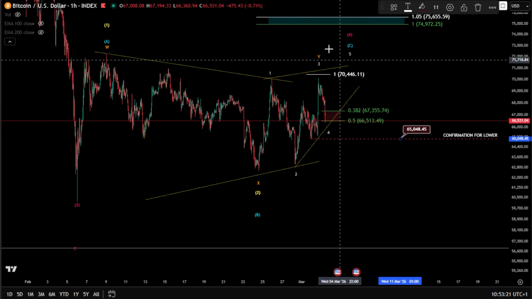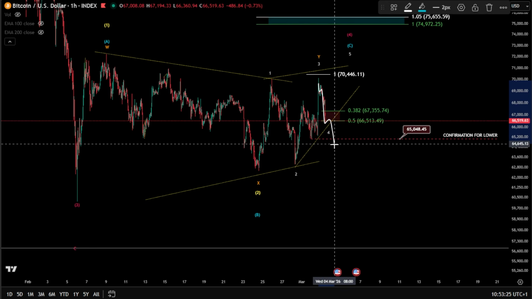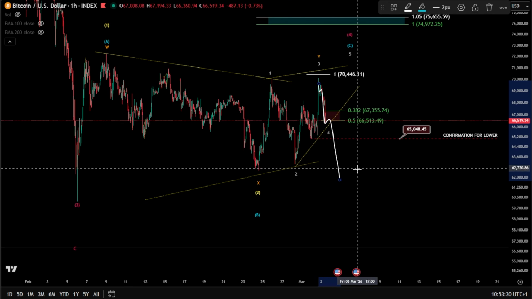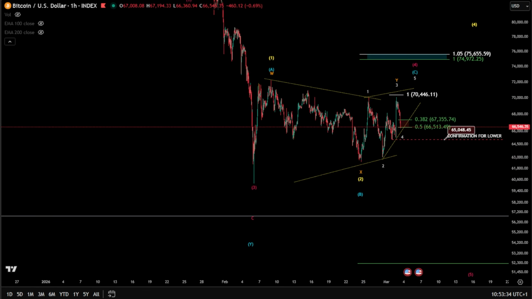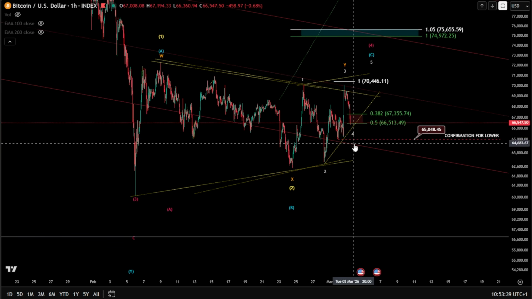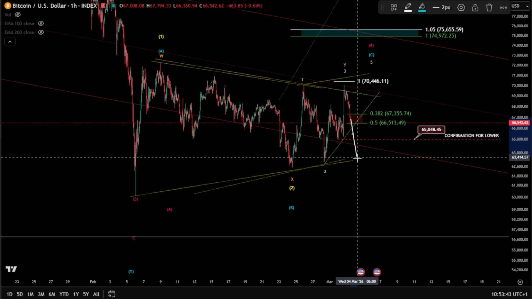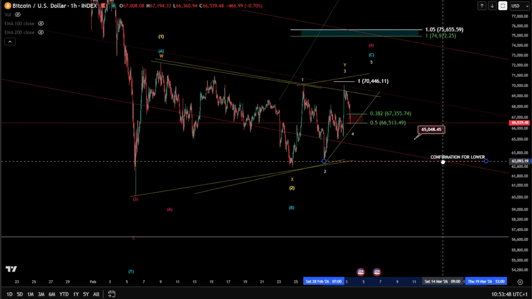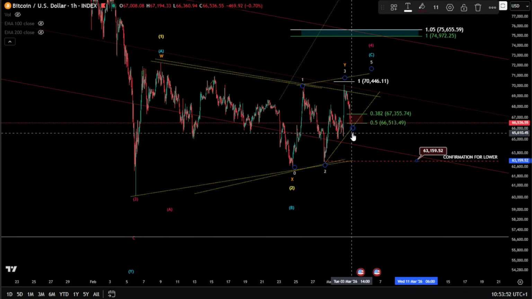If the impulse will continue really downward, 1, 2, 3, 4, and a 5, and continue breaking this confirmation for lower, well, that is, of course, something bearish unfolding toward the downside, especially that this might be in confluence with the channel here, the base channel, if the price moves down and breaks it. Preferably, therefore, just to take this confirmation for lower, definitely, to be much safer,